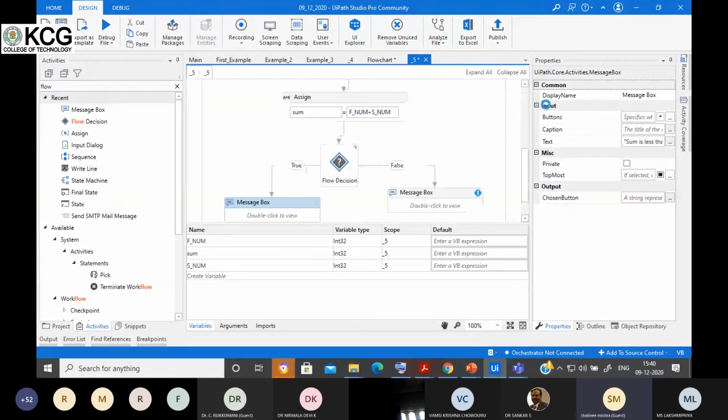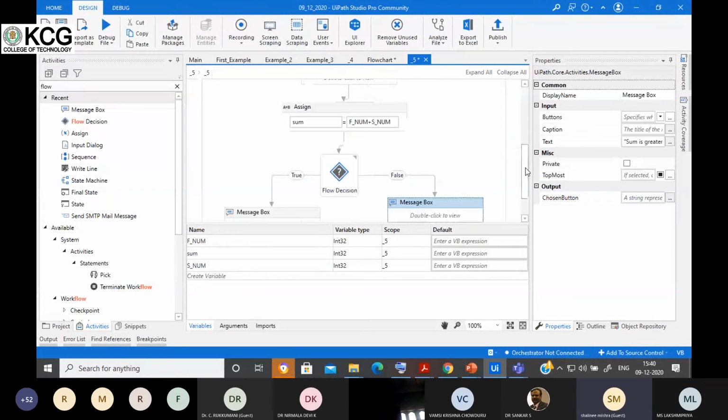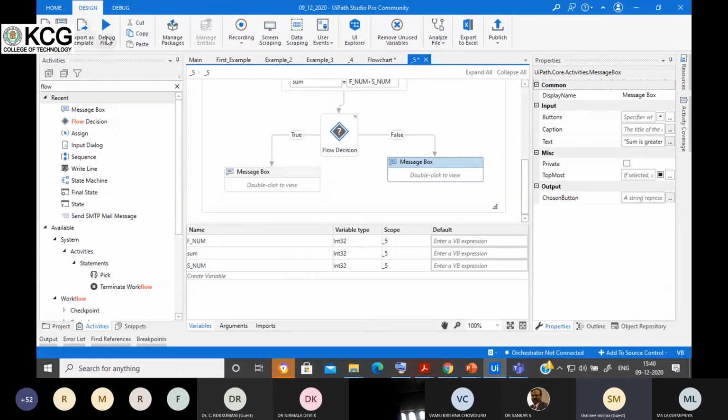Come out of this and now click here. Sum is greater than 20. This is also done. Now let's debug this particular activity.